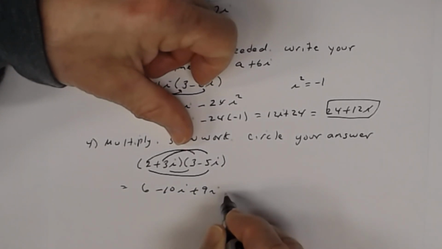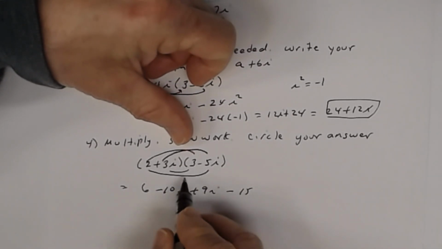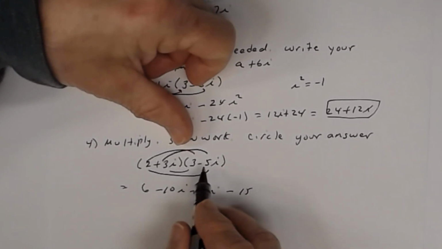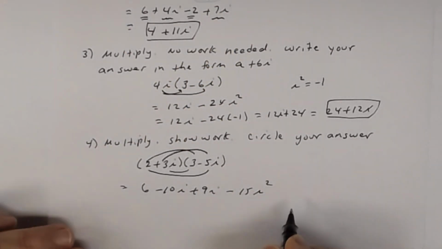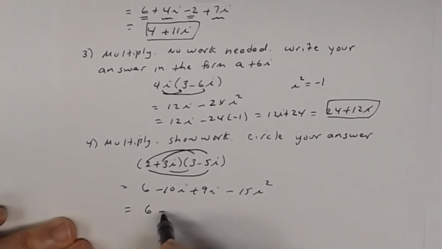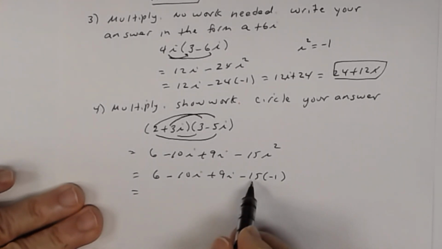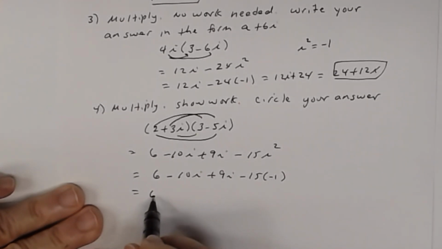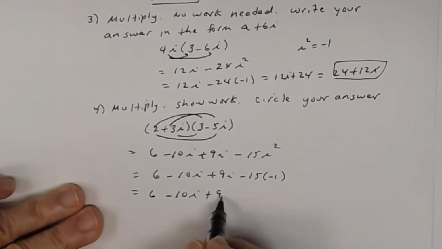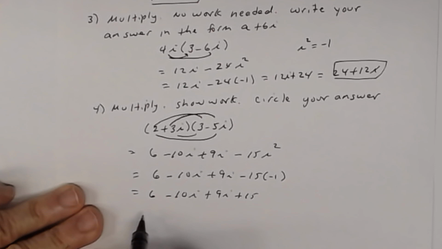I did need to see you write this term as, remember, positive times a negative is a negative. 3 times 5 is 15. And I did need to see that you knew that i times i was i squared. And then using the fact that i squared is equal to negative 1, I'm going to rewrite this as 6 minus 10i plus 9i minus 15 times a negative 1. And then I'm going to go ahead and simplify this term right here. So I get 6 minus 10i plus 9i, and then a negative 15 times a negative 1 is a positive 15, and now combining like terms,